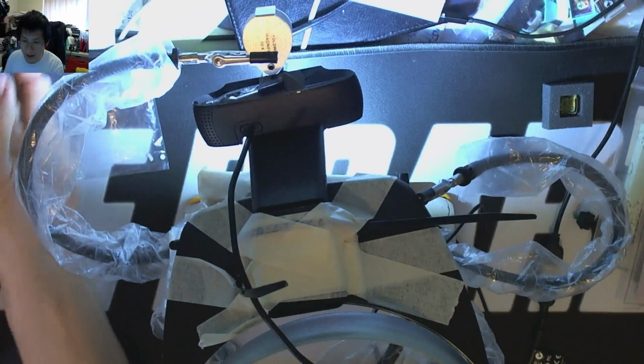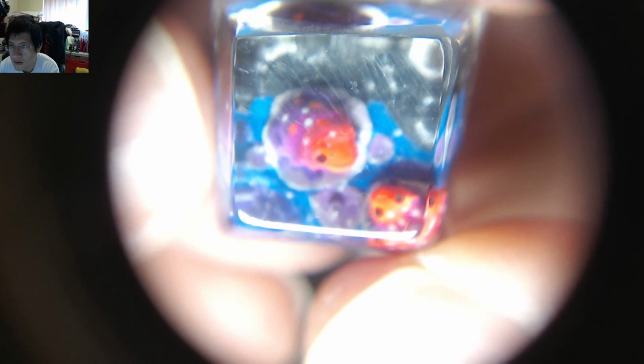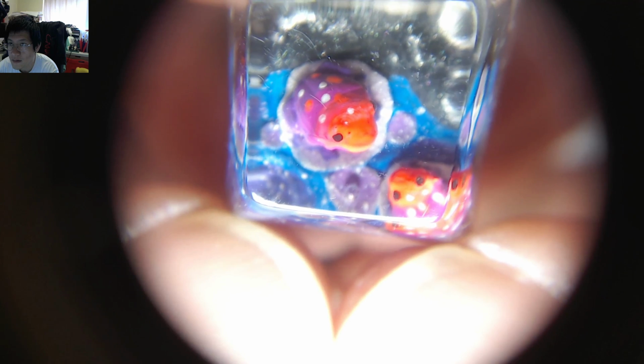So let's get under the actual 10 times mag. Check it out. So here we go. Now if I just try and clear that dust off it. So you'll see the smudging on top. That's just me. Maybe I can clean that off. Give it a little bit of a polish on my shirt. Take away dirty fingerprints and come back. Okay, so